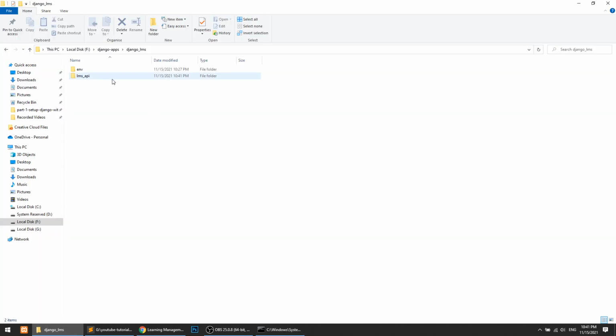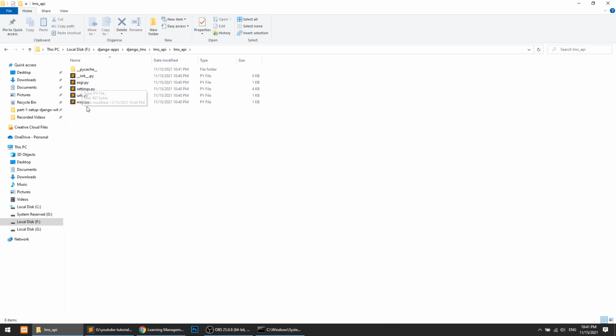So this is the LMS API project. In this I have one file and two folders. This is the application, or you can say module, and this is the project level folder. In this we will define settings. We will mainly use settings.py and urls.py. This is the web server gateway, and this is asgi, the asynchronous one.